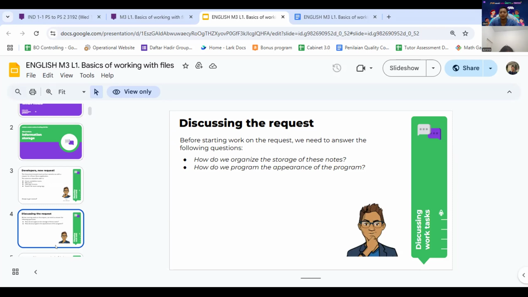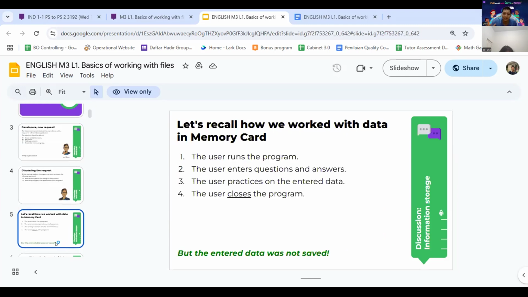Before starting work on the request, we need to answer the following questions. How do we organize the storage of these notes? And how do we program the appearance of the program? Now, let's recall how we work with data in memory. The first one, the user runs the program.